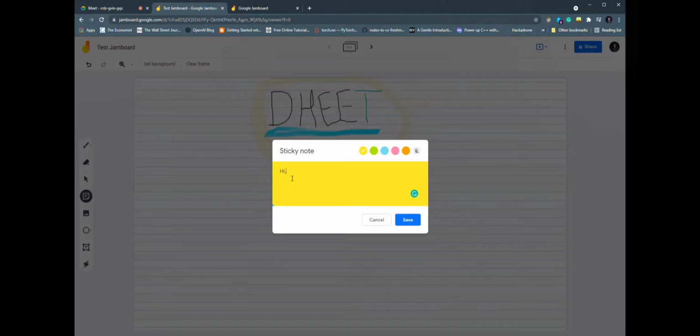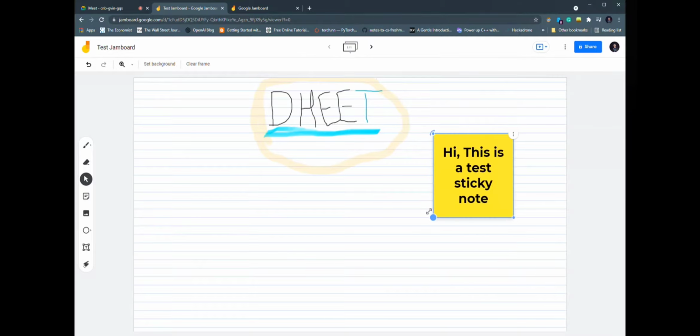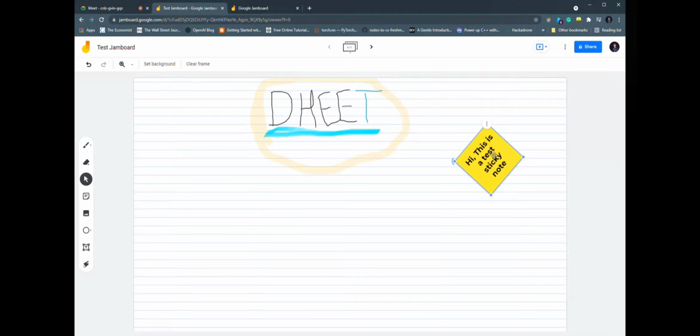Now coming to sticky notes. Sticky notes are basically sort of like text boxes, very similar to actual sticky notes, and it's a good and fancy way to write stuff and put it on the whiteboard. So you just type, and here's your sticky note. If you click on it once, there's a blue border, and you can then move it around. There's also an option to resize it by clicking on one of the corners, and if you click on the top left corner, you also have the ability to rotate the sticky note.